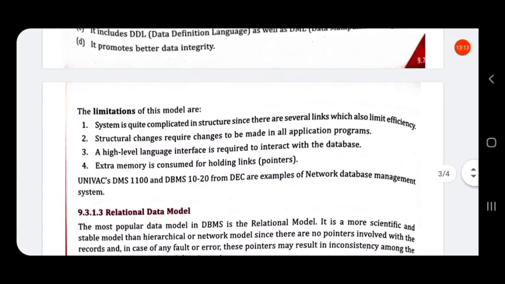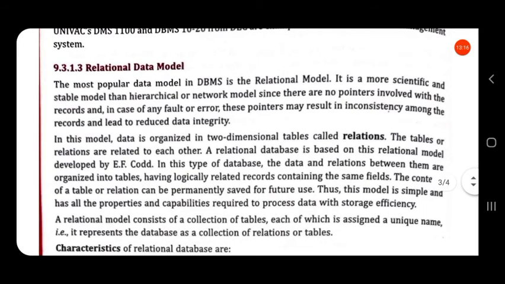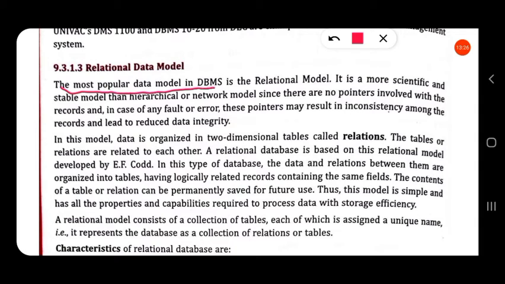Next is the relational data model. The most popular data model in DBMS is the relational data model. It is a more scientific and stable model than hierarchical or network models because there are no pointers involved within the records.